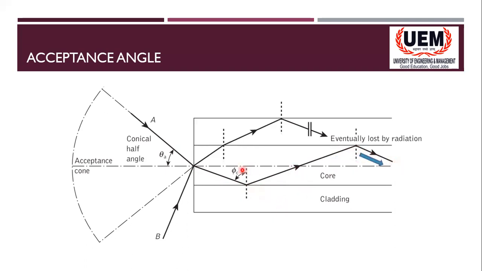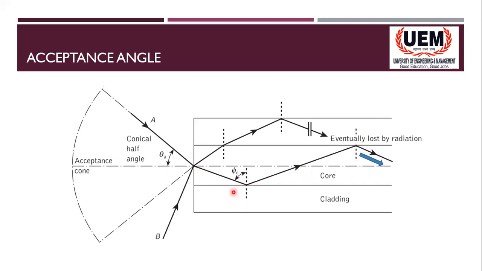So in this way, if a light which is incident on the fiber optic core falls under the acceptance cone, or has an angle of incidence equal to the acceptance angle, then it will definitely achieve a critical angle. That critical angle will drive the light to follow a total internal reflection path, and it will go through the core region and reach the destination.